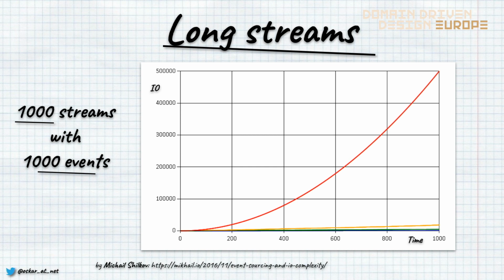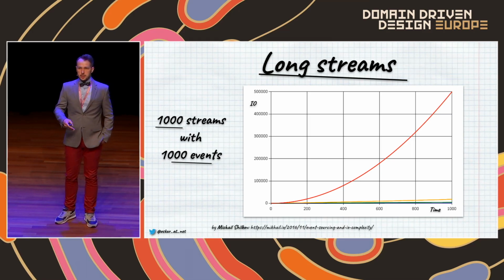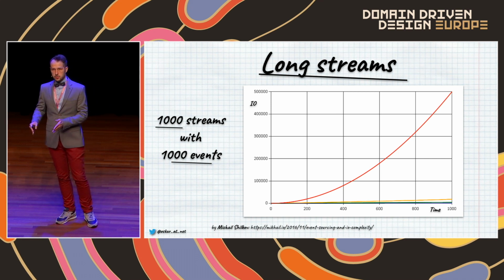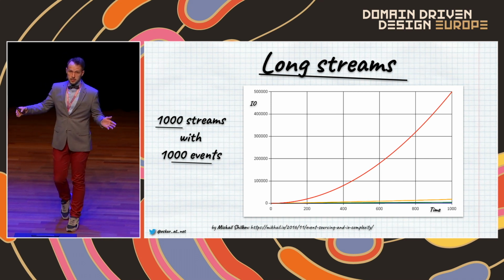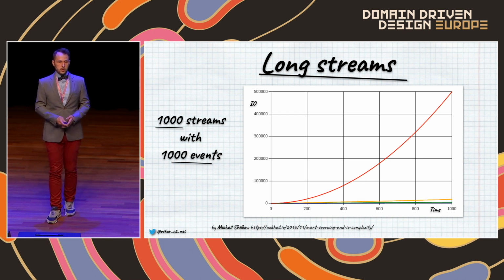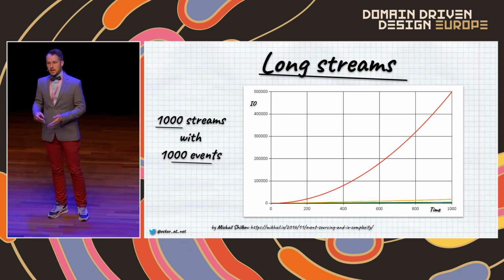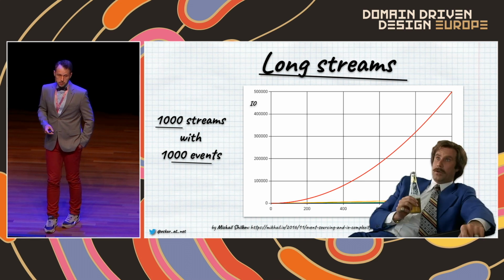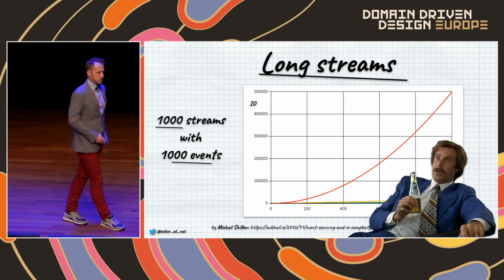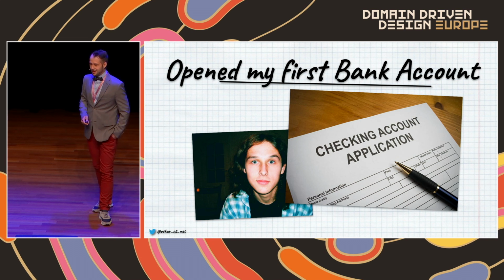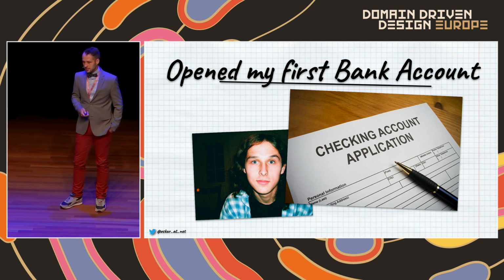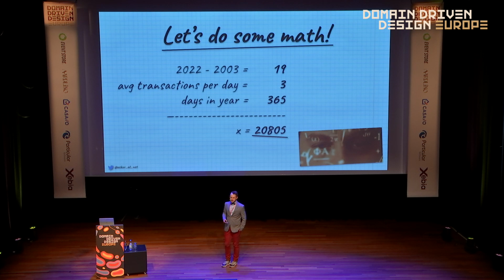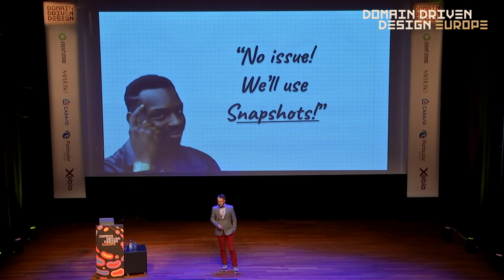Of course, this is more like a thought experiment. This is not a precise calculation, but it's just to show you that small streams are manageable, but long streams are not, even though event stores are really great at reading a lot of events. So as you can see, that can escalate pretty quickly. And getting back to my bank account and my virtual 20,000 transactions, the potential solution would be, OK, no worries,